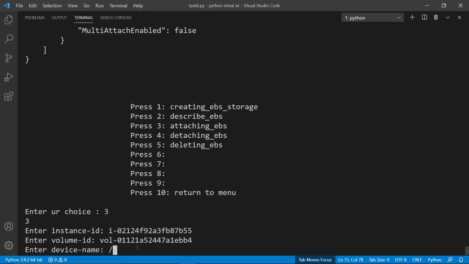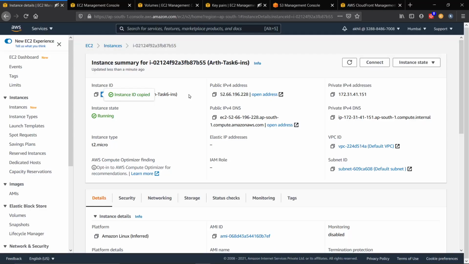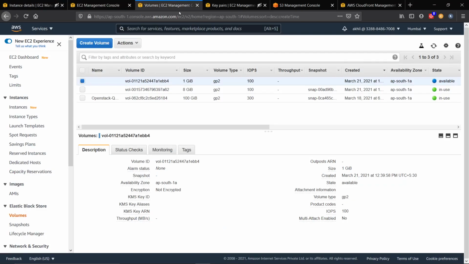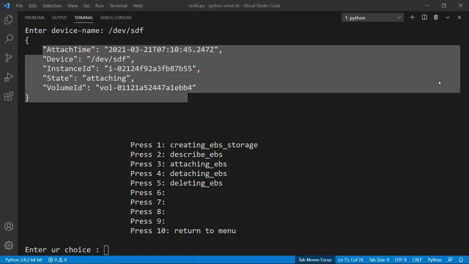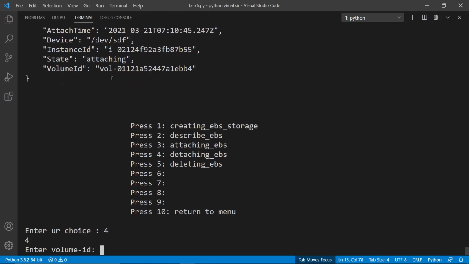Device name we will give as /dev/sdf. So it has been attached. We can verify it from here also. It is in use, so it means that it has been attached. Now we can detach and delete also from here. We will firstly detach. Enter volume ID.